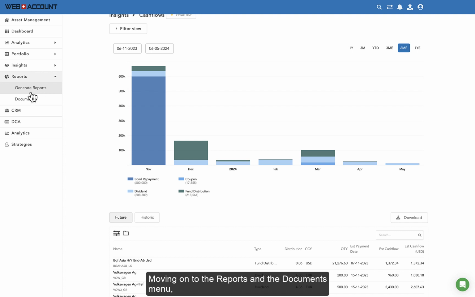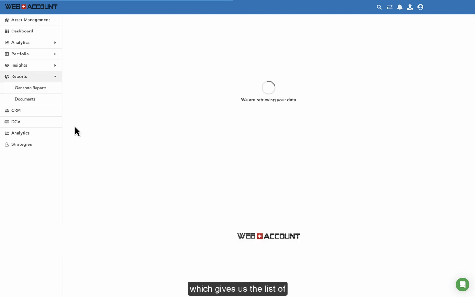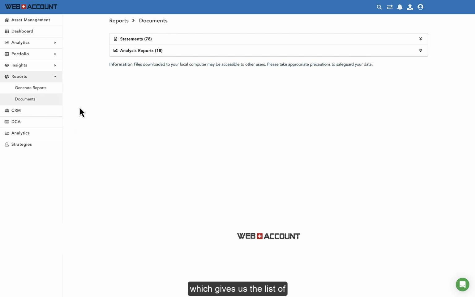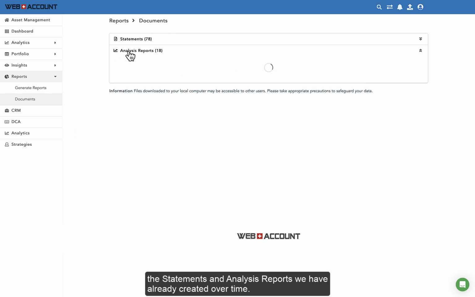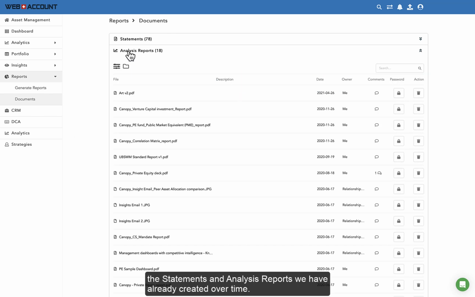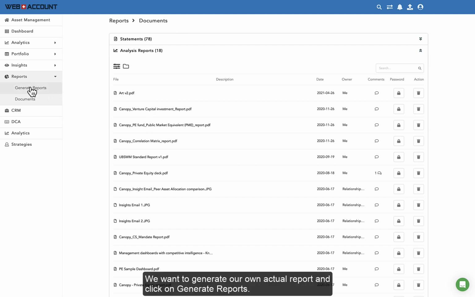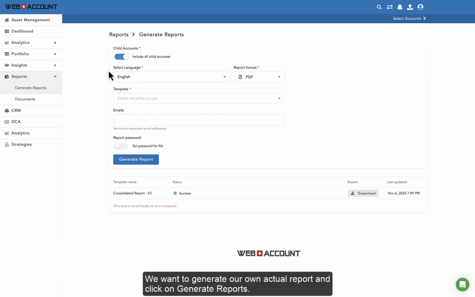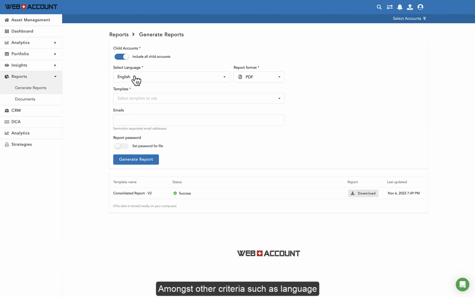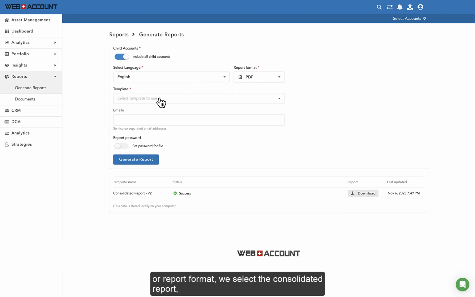Moving on to the Reports and the Documents menu, which gives us the list of the statements and analysis reports we have already created over time. We want to generate our own actual report and click on Generate Reports. Amongst other criteria such as language or report format,